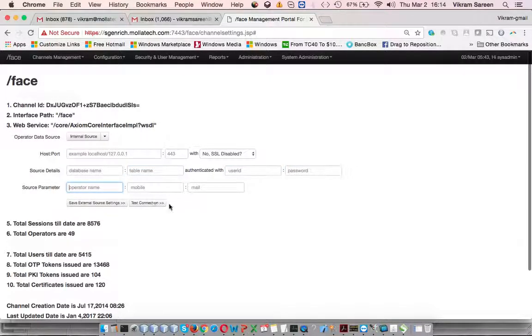And the three parameters we need, because when we connect to the database or to the LDAP, we want to know what the attribute or table column name is that needs to be specified over here. So let's say, for example, it is the CN, the common name, in LDAP,